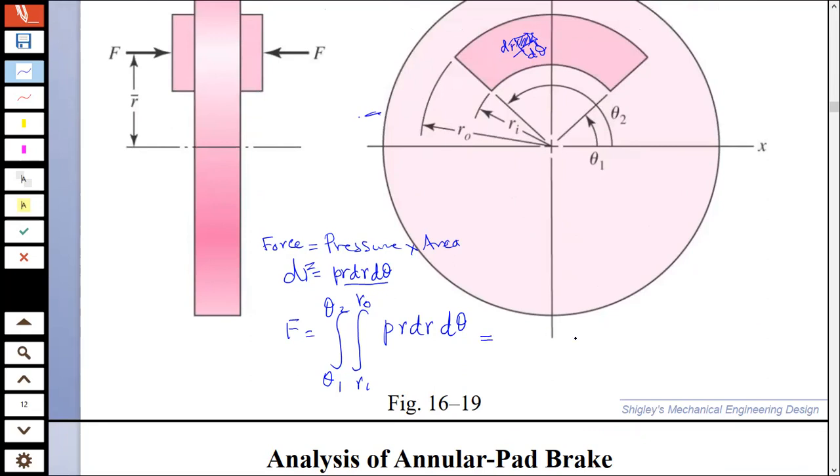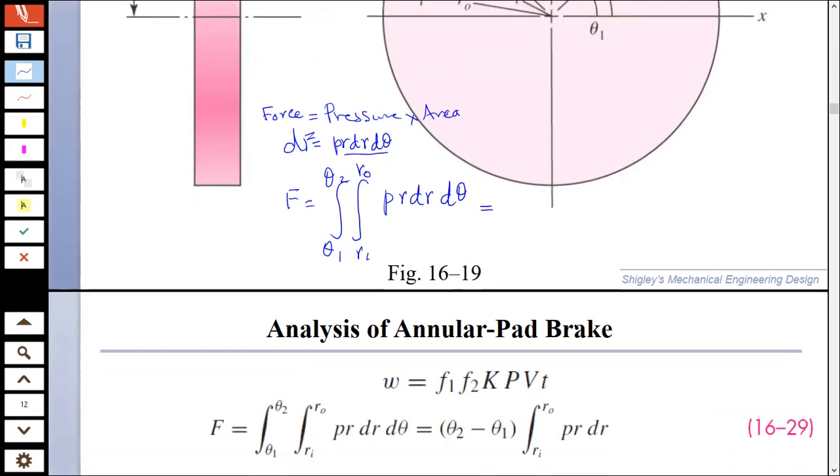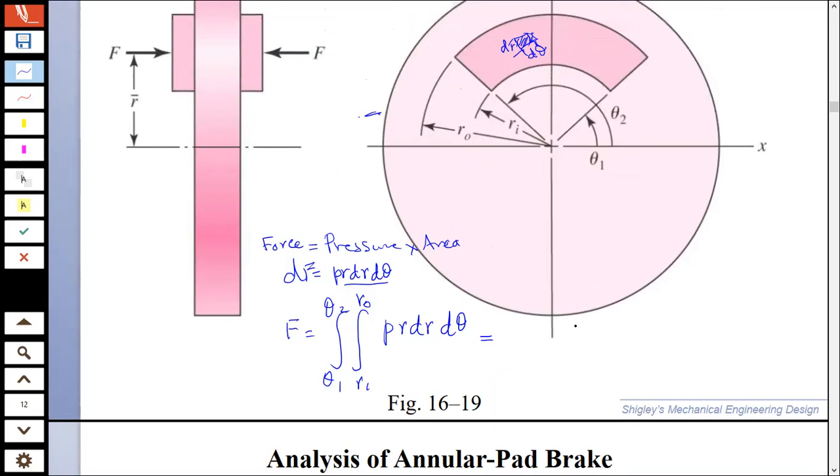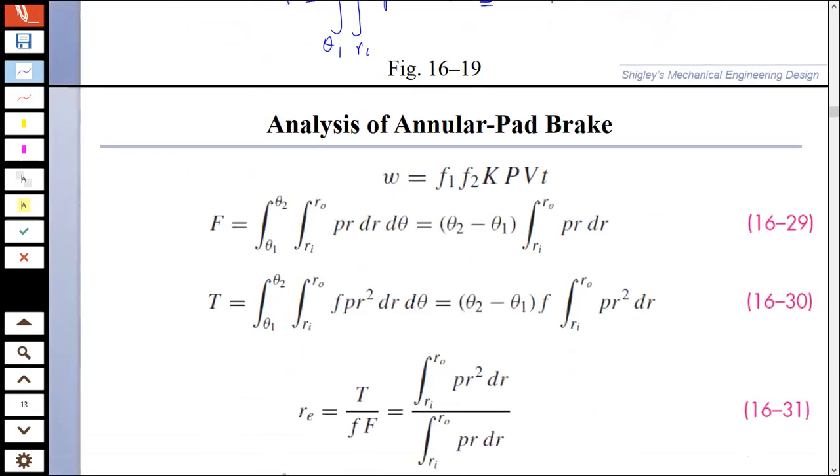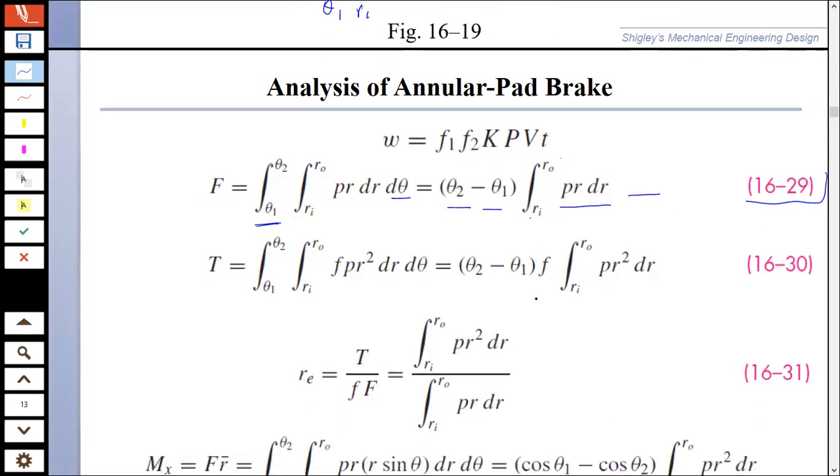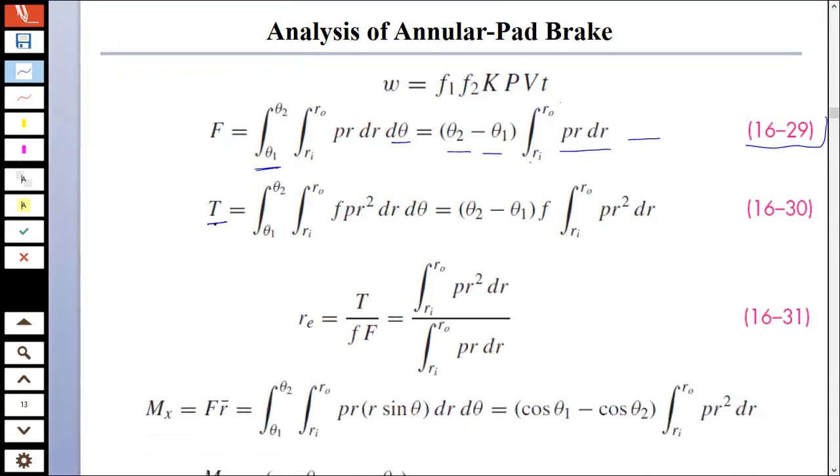So this will be equal to, let's integrate with respect to d theta. If we integrate d theta, the integral of d theta will be theta, and putting the limits from theta 1 to theta 2, we get theta 2 minus theta 1 times p r dr from r i to r naught. This is our equation 16-29. Now similarly, our T, which is the torque,